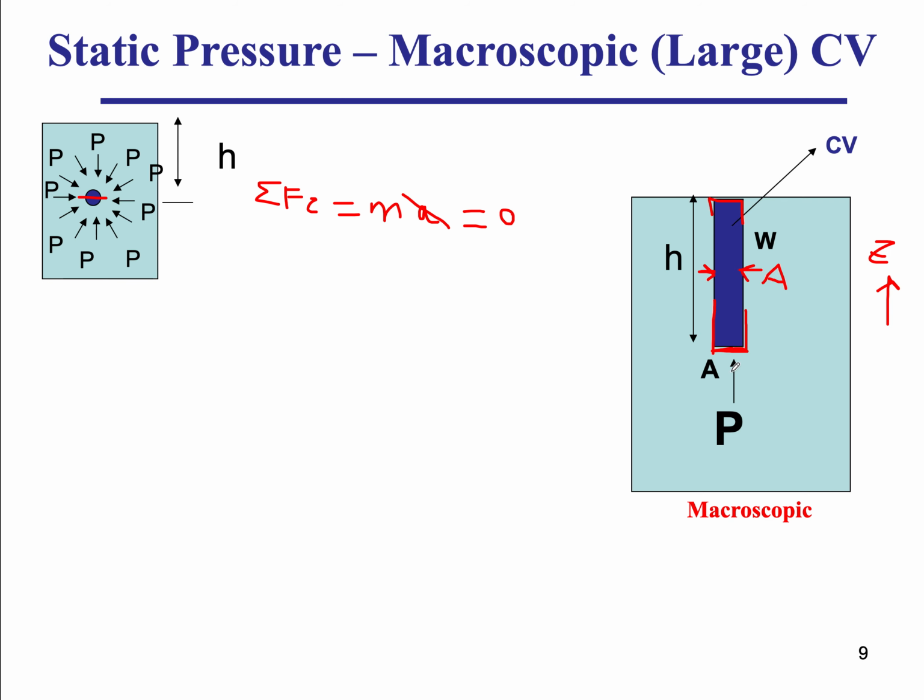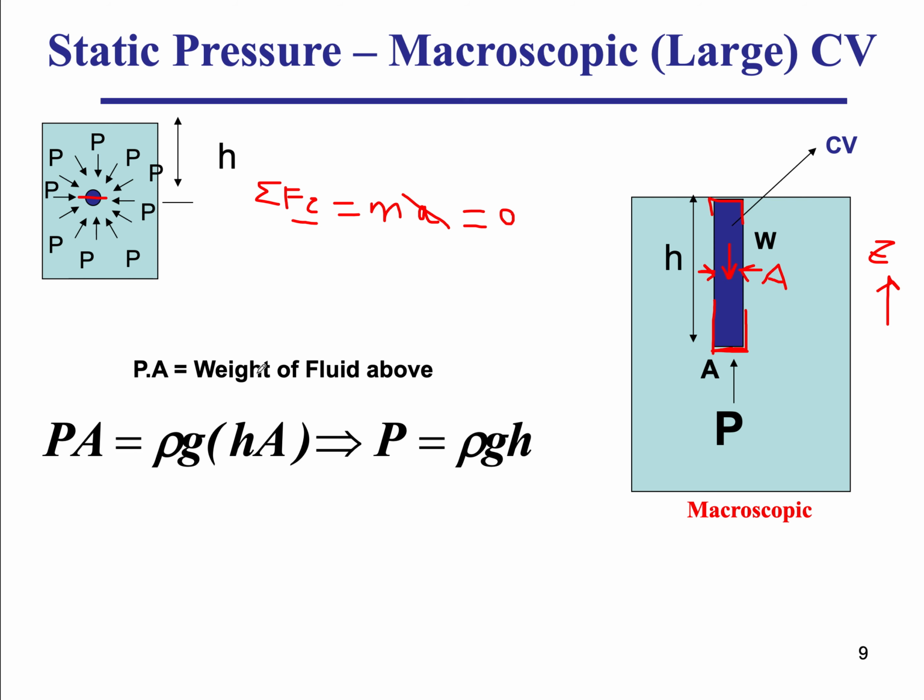I have the pressure acting on this area, and I'm taking the z component of the forces. I'm not interested in the horizontal force balance, I'm only interested in the vertical force balance. So there is the pressure P times A gives me a force pointing upwards, and the weight of the control volume points downward. So that's pretty much it. So the weight of the control volume is counteracted by the pressure times the area at the bottom. And if